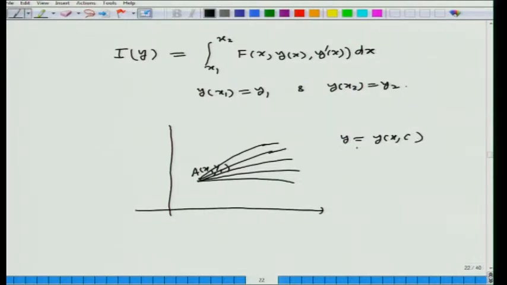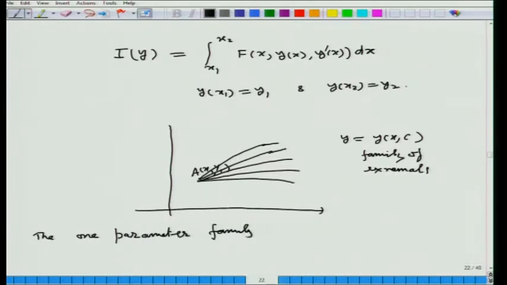So, this is the family of extremals, the one parameter family y equal to y of x, c, where c is the parameter,